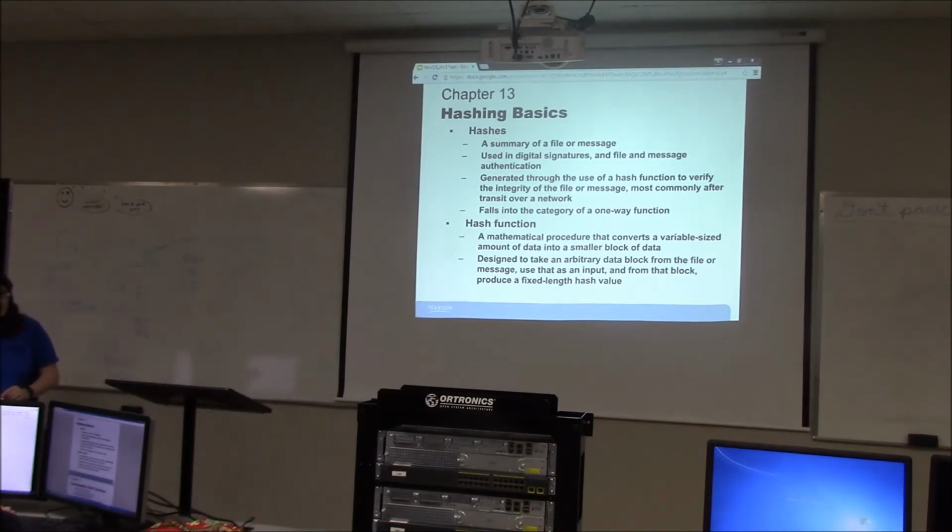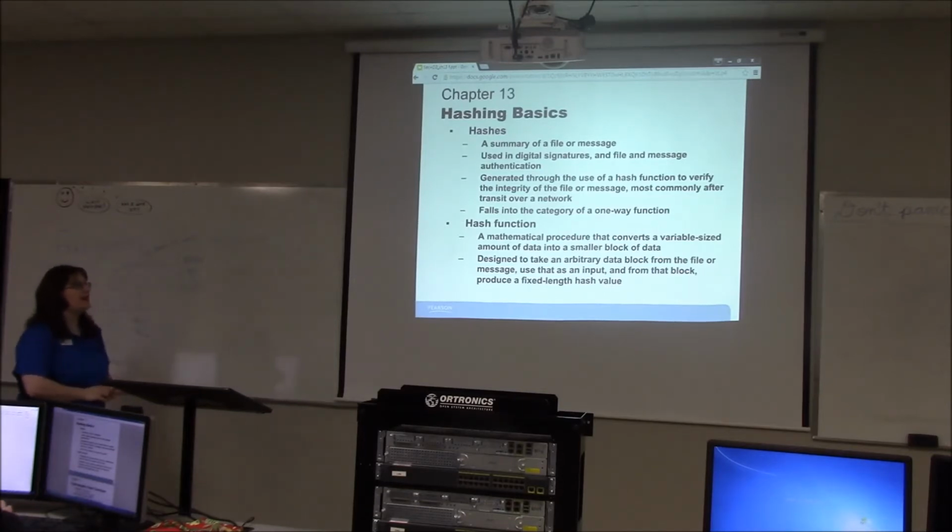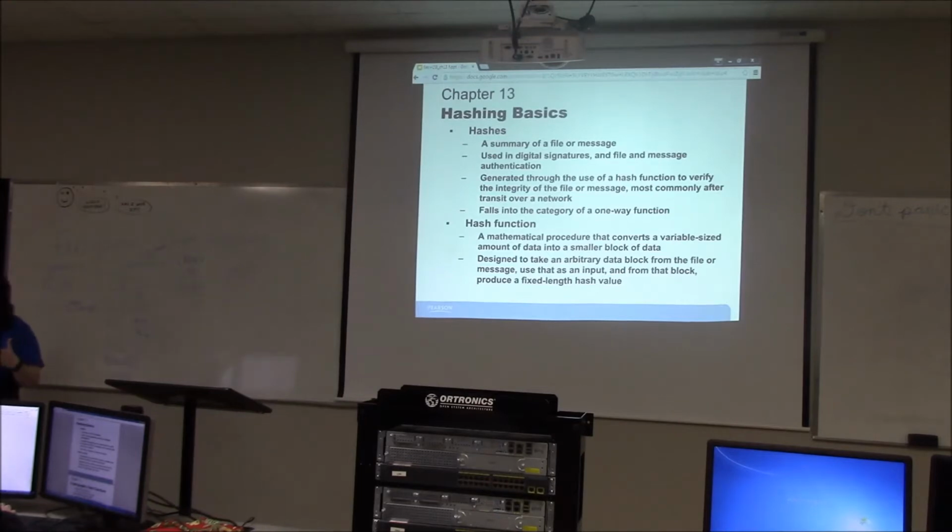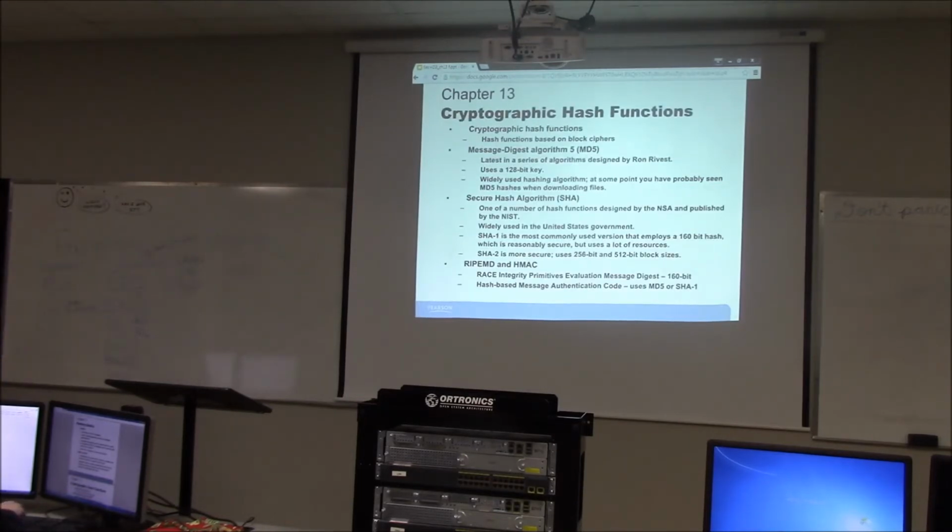If I have a 64-bit hash, no matter how much data I get, at the end of the day, after the hash function, I have 64 bits to look at. So this is supposed to take arbitrary data, use it as input, and then produce something that's a fixed length. Depending on the kind of hashing that you use, that length will be different. So when we talk about hashing functions,